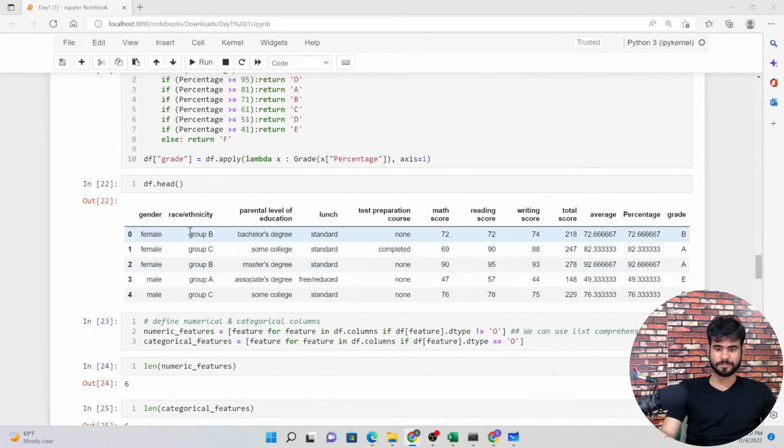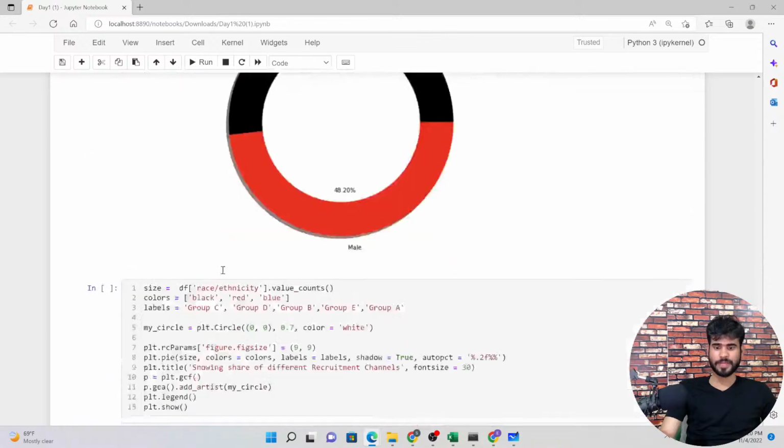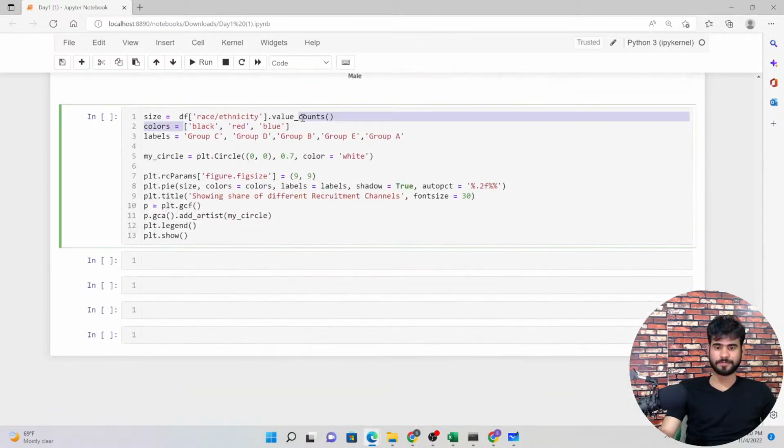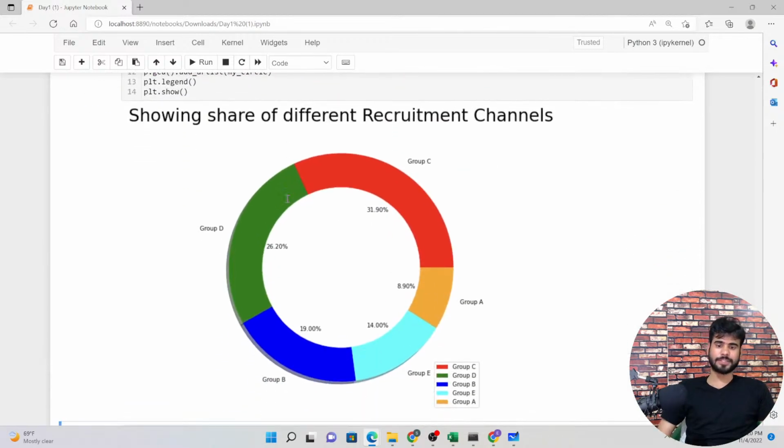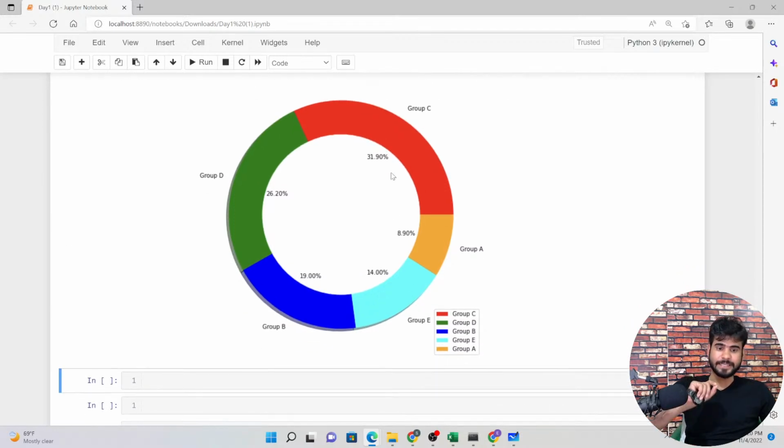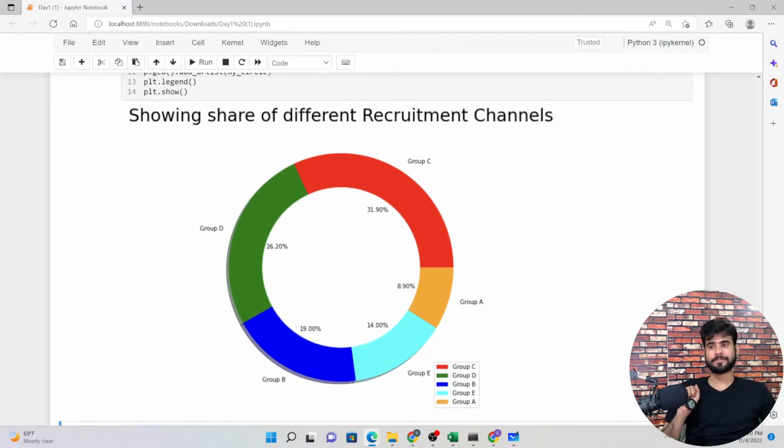I'm just changing the color. Now let me run. As you can see in this graph, group C is the greatest in our data, the largest group of members that we have.